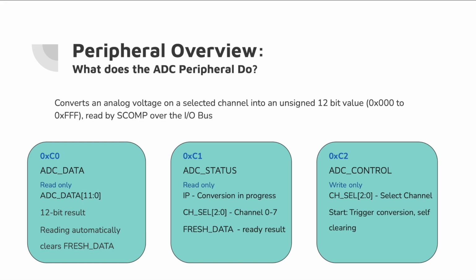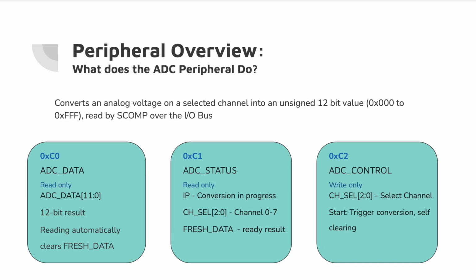Next, we have the ADC status register, which is at 0xC1. This is also a read-only register and gives the programmer visibility into what the hardware is doing. It has 3 meaningful fields: in progress, which is high while a conversion is, as the name suggests, in progress; channel select, which shows the currently selected channel; and fresh data, which tells us when a completed result is waiting